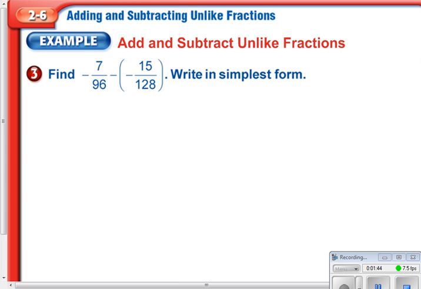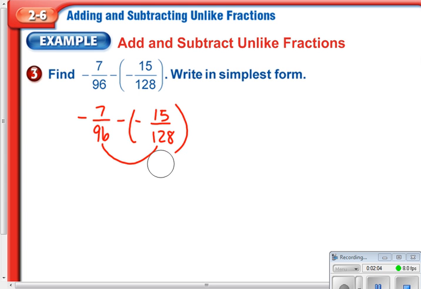Example 3 might not be so easy here. It's probably pretty difficult for us to figure out what the common denominator of 96 and 128 would be. So a lot of people want to go ahead and multiply these two numbers together to get a denominator. Yes, it would give you a common denominator, however not the least common denominator. And what would happen in the end is you'd actually have to reduce a lot more. If you actually multiply 96 times 128, you'd wind up with a denominator of 12,288,